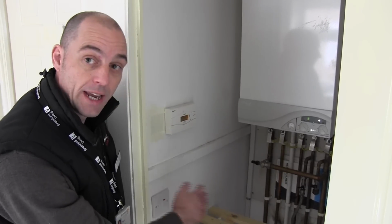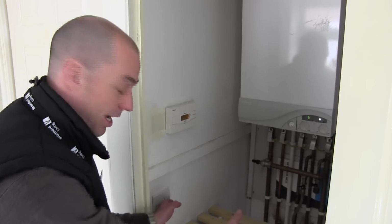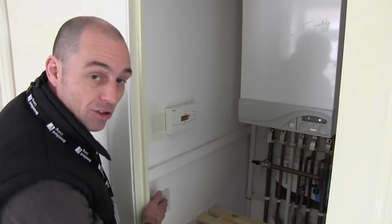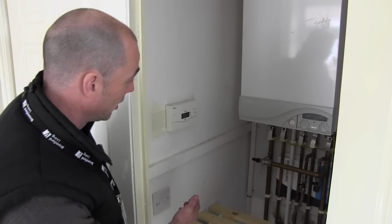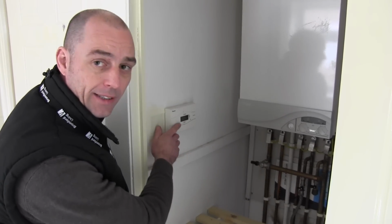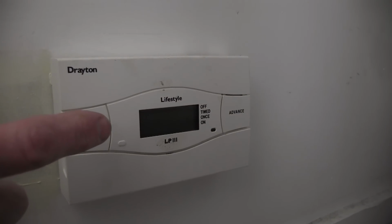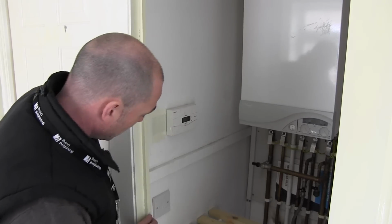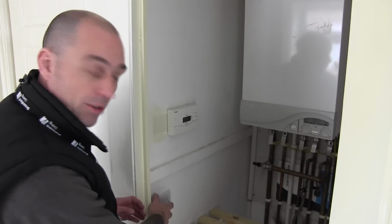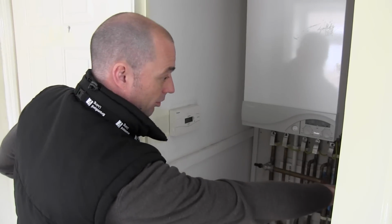In this scenario, in an airing cupboard, this can sometimes easily be done by getting towels in and out of the airing cupboard, and you can occasionally catch that as you do remove towels or put towels in. This will then lead to the display on the timer being completely blank, same with the boiler. Now you may not know you've done this, obviously, because towels will be up to this level,